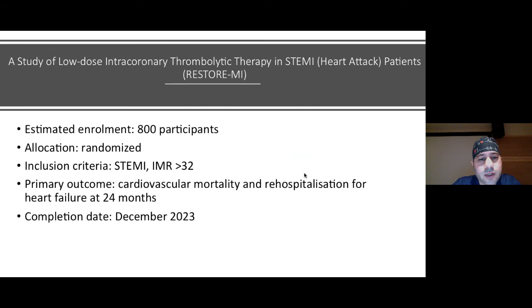Their inclusion criteria includes STEMI and an IMR greater than 32. The primary outcome is cardiovascular mortality or rehospitalization for heart failure at 24 months, and their estimated completion date is December 2023. So this would be an interesting trial to look at whether intracoronary thrombolytics would be helpful for patients specifically that have a high